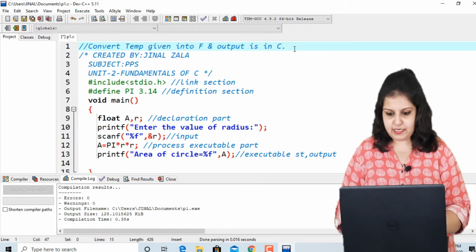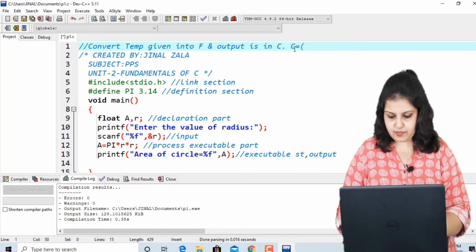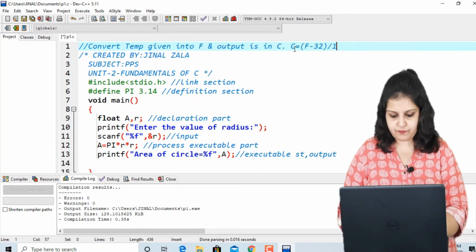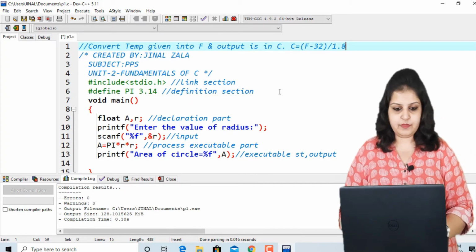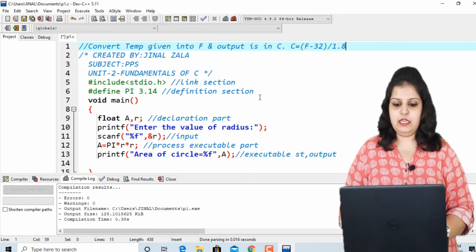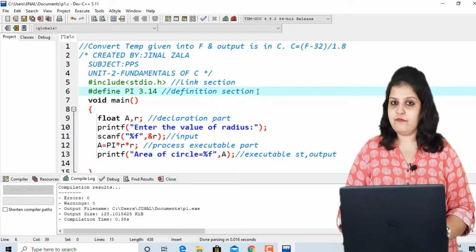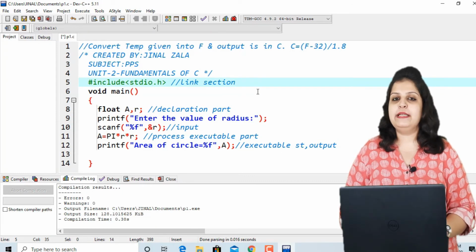So I am writing here C is equal to F minus 32 divided by 1.8. So remember this formula. Now in this program the pi value is not required, so we have to remove the definition section. So I am just removing this part, and think how many variables are needed for this program.